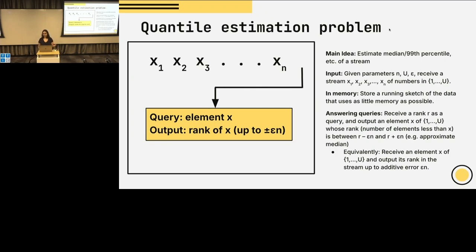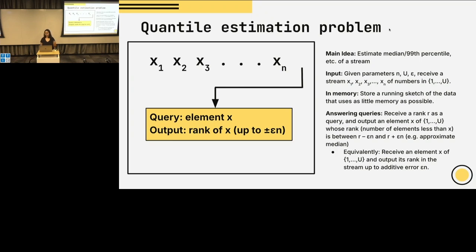I'll say a couple of things about the parameters. Like I said, right now n was specified beforehand. That's not really a necessary thing, but it's just easier to state things with that for the sake of the talk. And also, I say that we're only answering quantile queries at the end of the stream, but really you could be getting them throughout the stream as well. It's just easier to focus on how you would answer them at the end of the stream, with the same idea. I think the last thing is the universe size u.